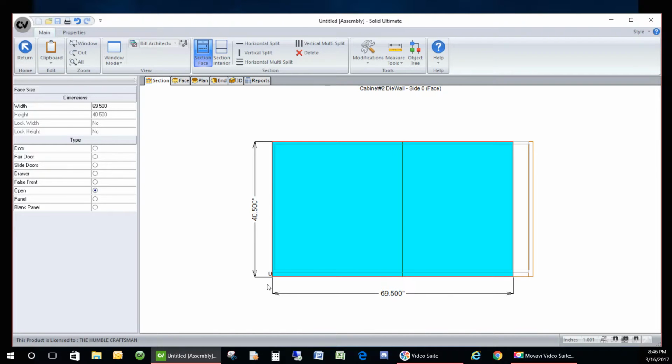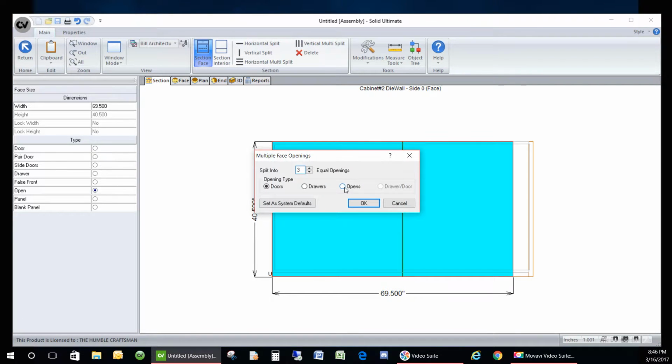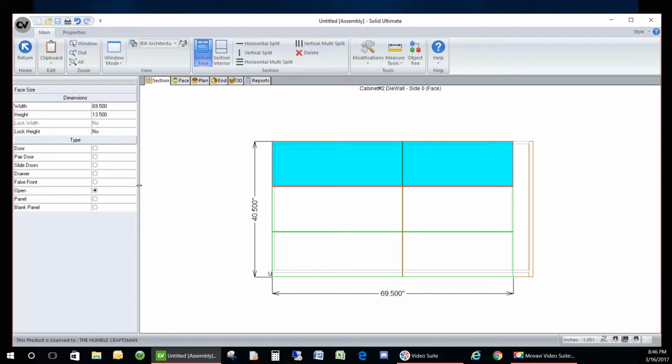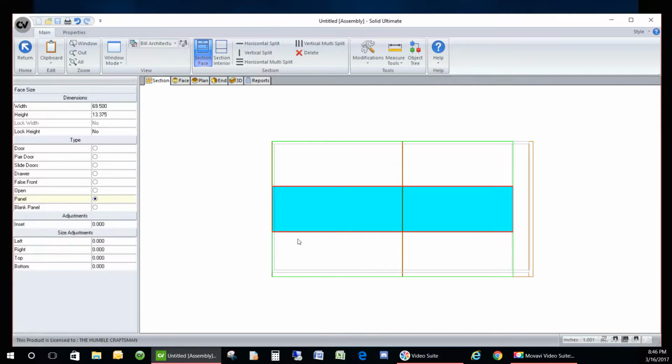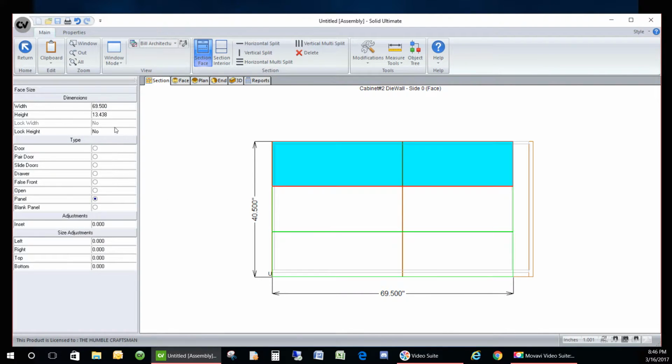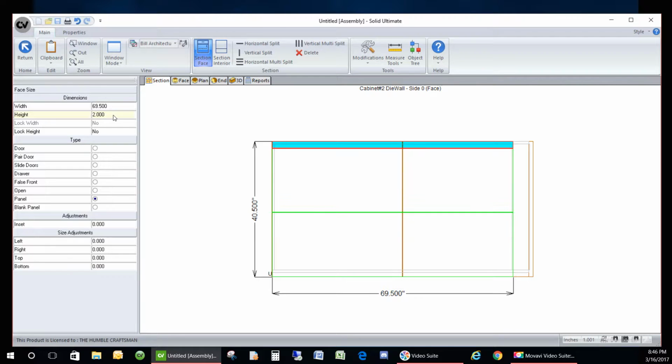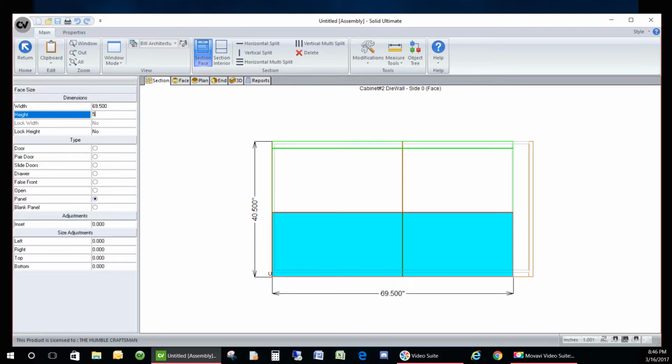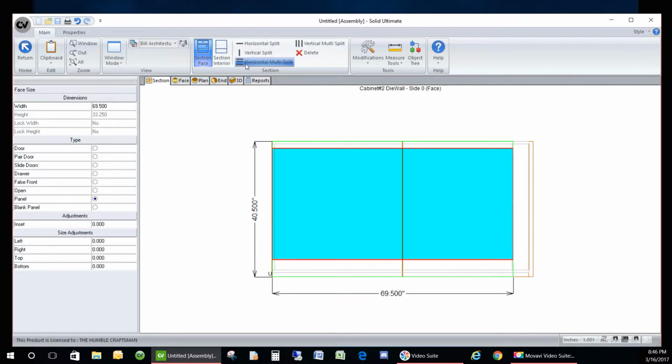So again, 3 horizontally first. We're going to make them all panels first. We're going to make one 2 inches tall, lock. Make one 5 inches tall, lock. Now we will take and divide this up. So we're going to need a 3 inch and a 3 inch, and at least one more 3 inch in the middle,